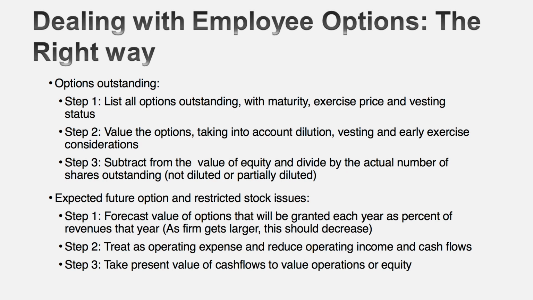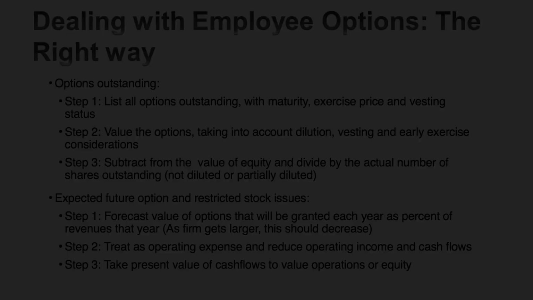As for options in the future, treat them for what they are. They're compensation expenses, right? And what do we do with the rest of compensation expenses? We treat them as operating expenses and reduce our operating income. So if you have a company like Cisco that continues to grant options, estimate how much those will be as a percentage of revenues, subtract that from your revenues, and you'll have operating income. Incidentally, with the new accounting standards, that should already be happening. Because when companies grant options now, they are treated as expenses, so your existing expenses should already reflect that.